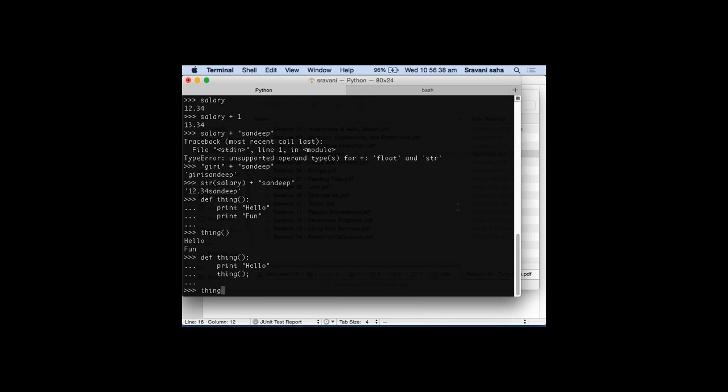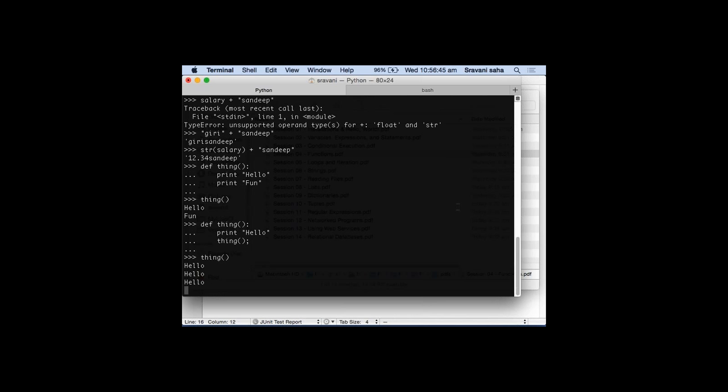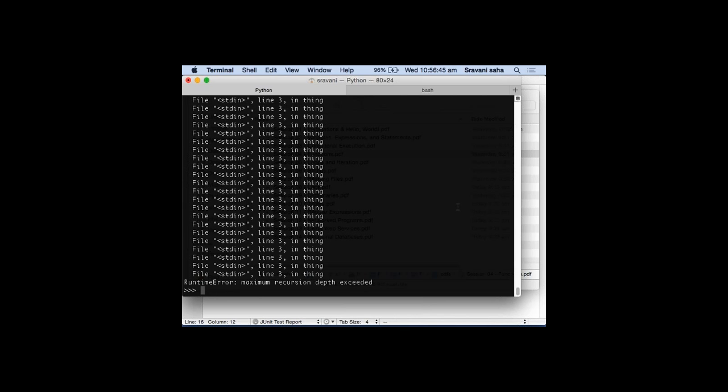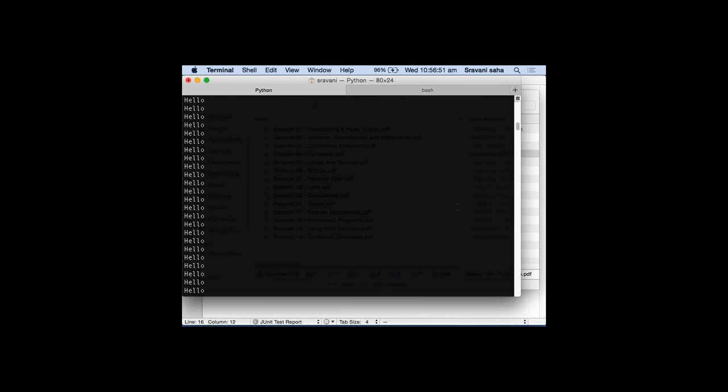Now if I call thing, it is going infinitely. No, it was just a definition. We have not executed the function. Now we are executing the function. You can see that it has a stack overflow. It kept on executing itself so many times and did that. So that is the magic of